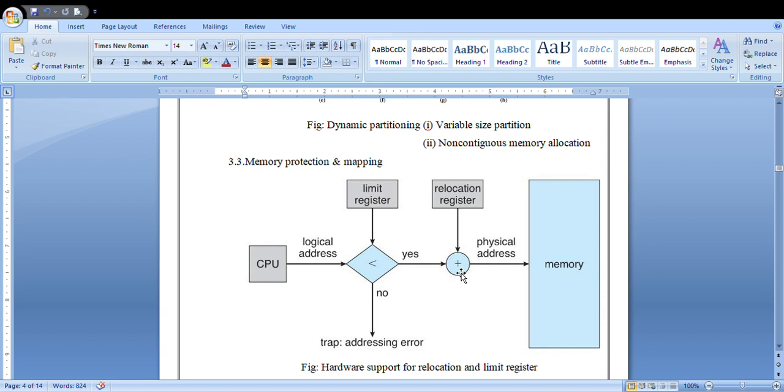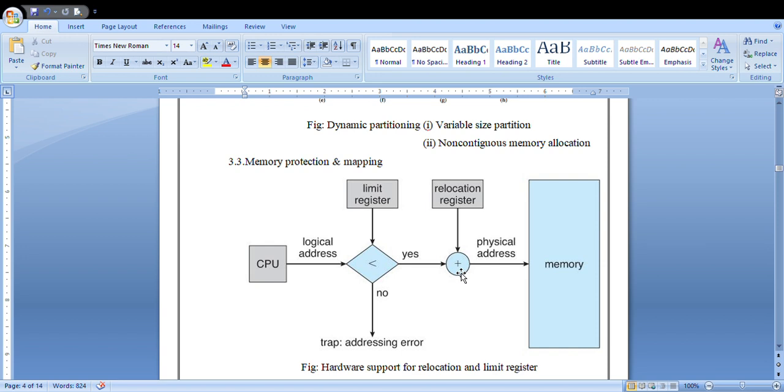If the logical address is greater than the limit register, then what happens, it will raise an addressing error.